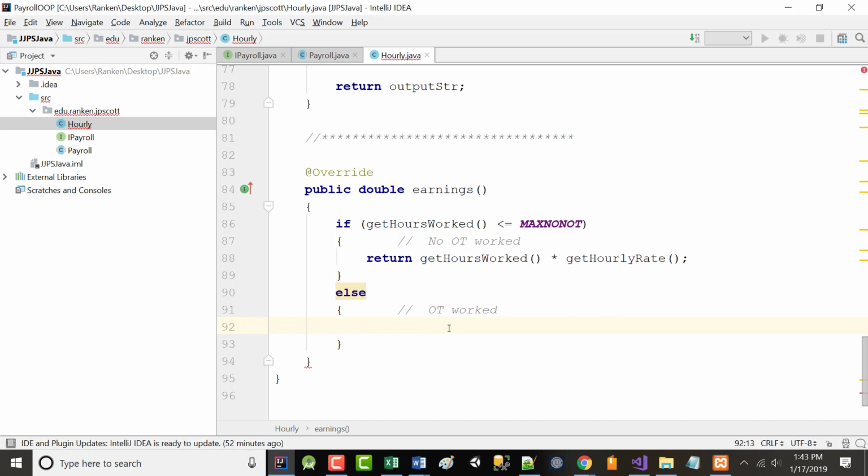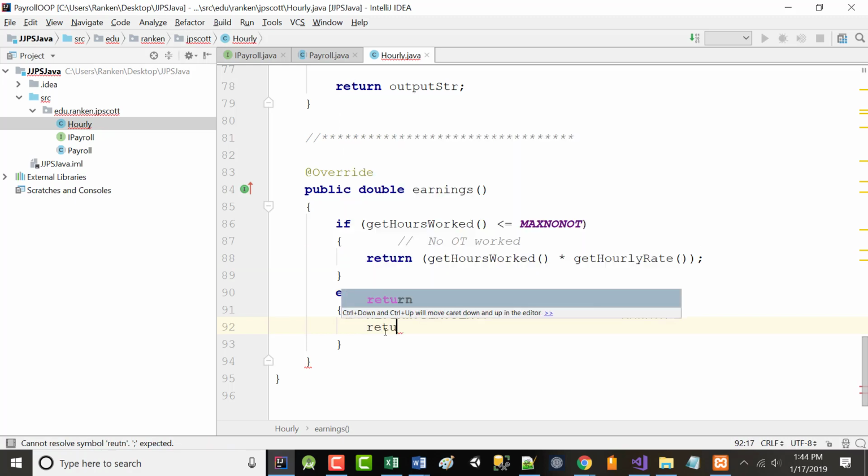All right? So we want to return, and you don't have to do this, but just so you know, many programmers, when they're going to return something like this, they always put everything they're about to return into parens, just to be sure. All right? Because you're doing a bunch of stuff, and you want to make sure that gets done first. So I think that's a good idea. Again, you may or may not agree. So return.